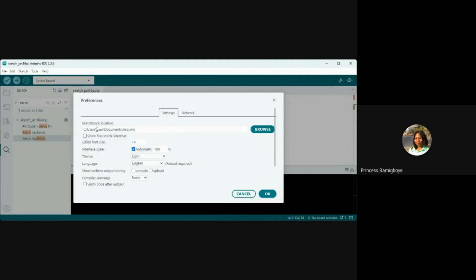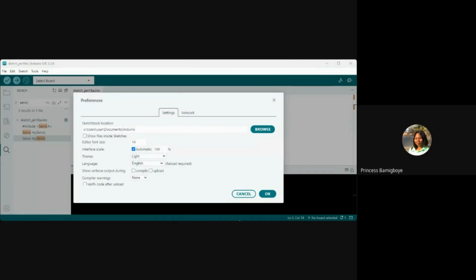Then I can browse it, I can change it, I can select the different places that I want this to be saved to. If I don't want it saved to documents, I can save it to downloads instead.